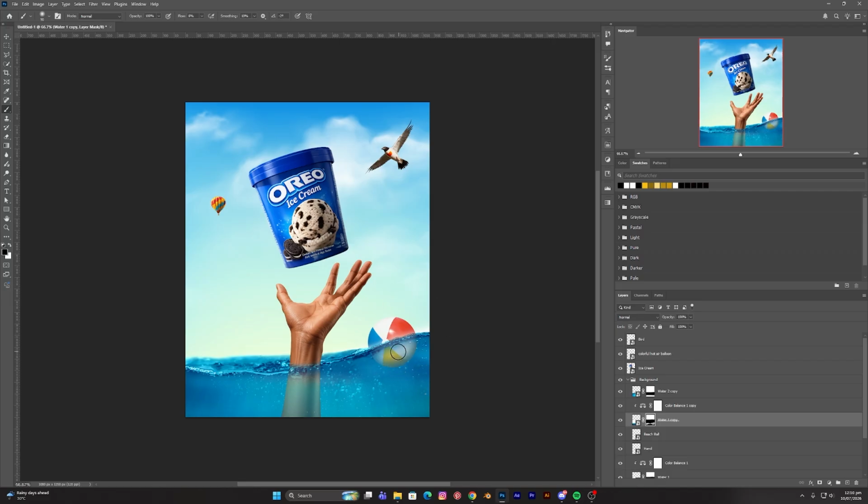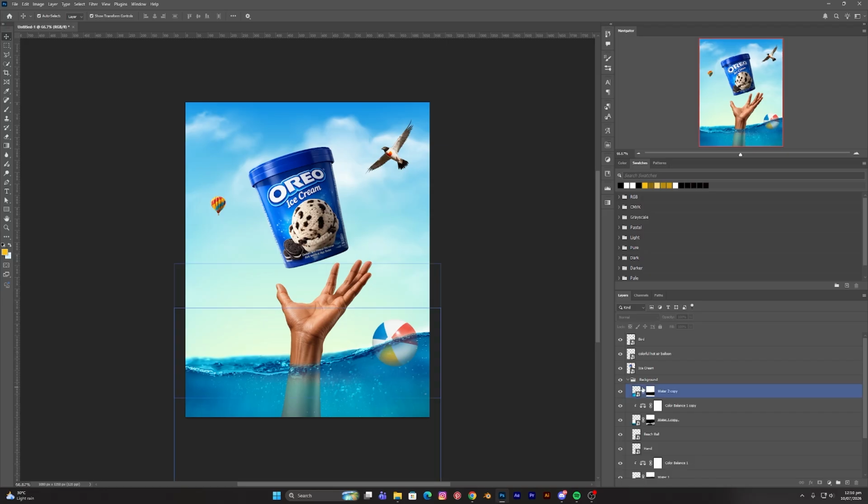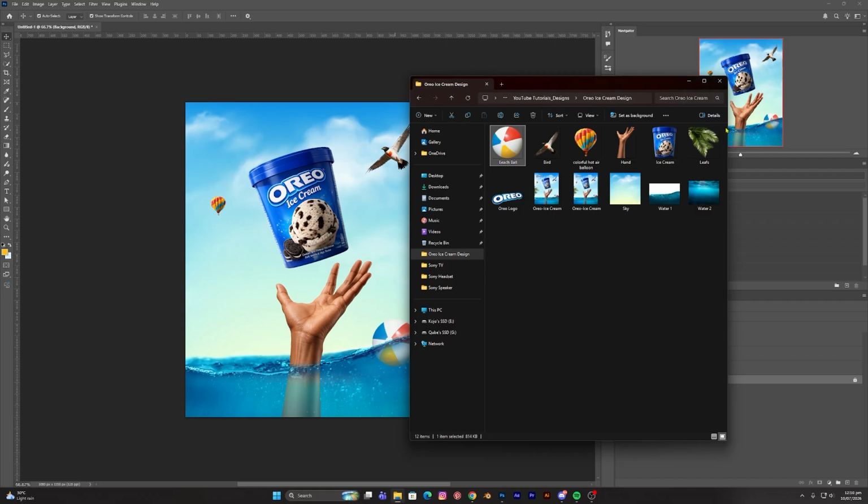Yes, so this is how we achieve this. So now we have the ball inside the water. Okay. With that out of the way, I'll go back into my resource folder and then bring in